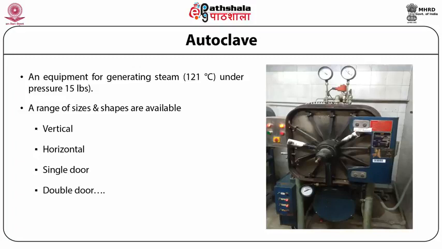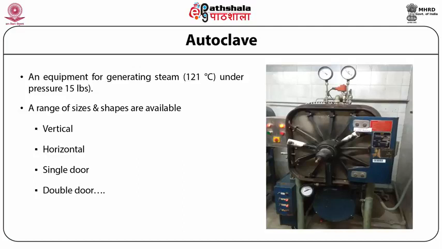In fact, when tissue culture started, scientists were sterilizing media in simple pressure cookers. But now we have these autoclaves, and the one shown in this photograph is a large autoclave being used for a commercial tissue culture lab, and it sterilizes close to 25 liters of media in one go, but various sizes are available. Now, it can either be kept in the media preparation area or in a separate room.